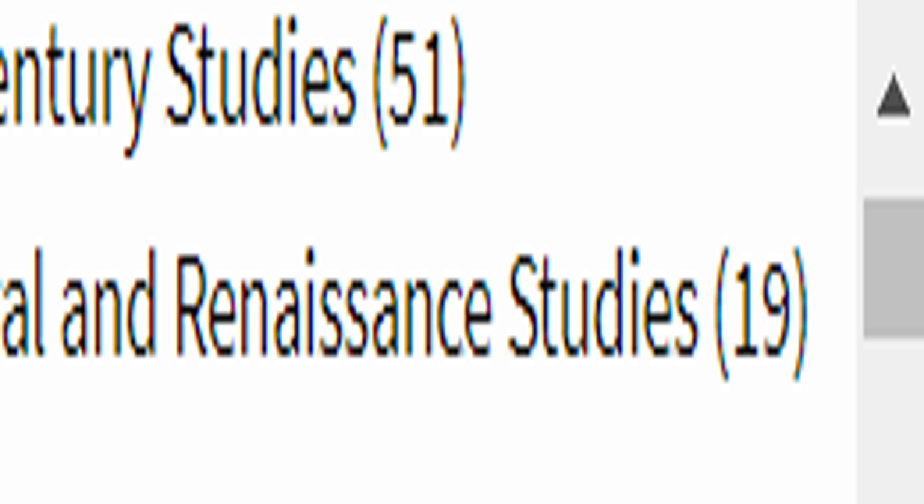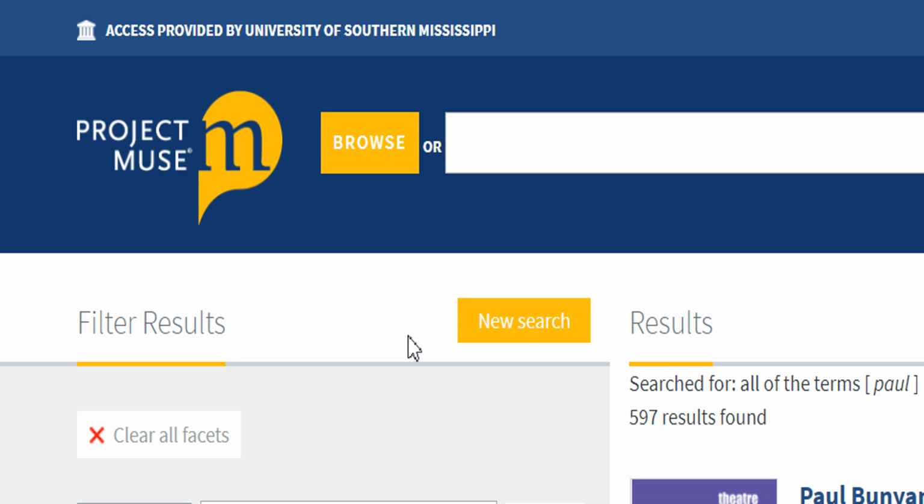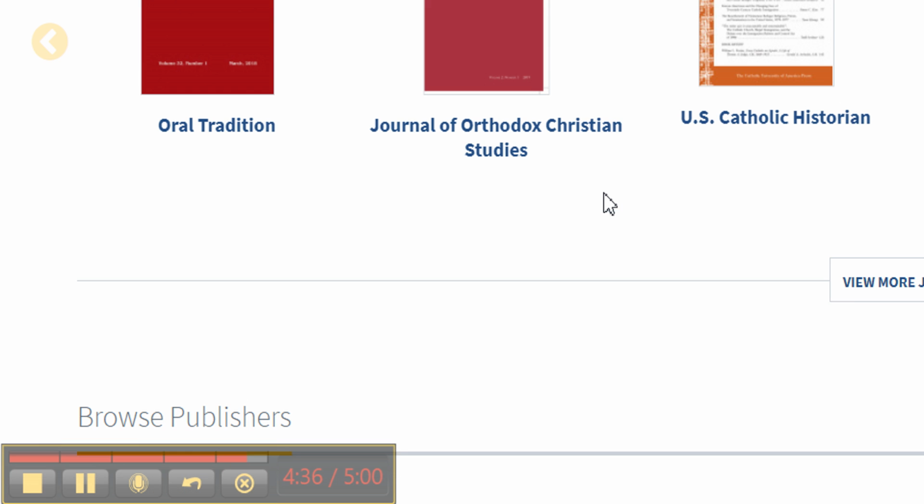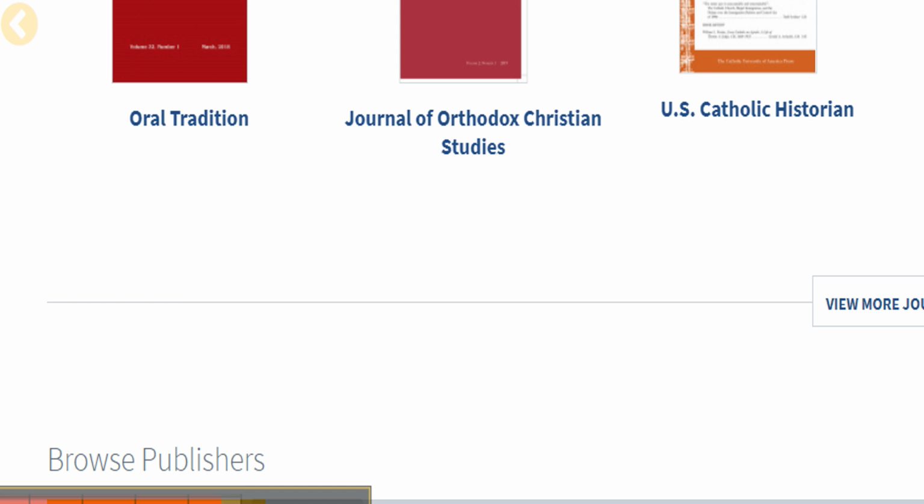I'm going to show you one last thing. If you go back to the home page and browse the content, you can specifically look in books or journals. So if you know that there's a specific journal you want to look in, then you can pull just that journal up and then search for topics within that journal. So that works pretty well for that too. All right, well, I hope you have fun exploring Project Muse and finding all the information that is